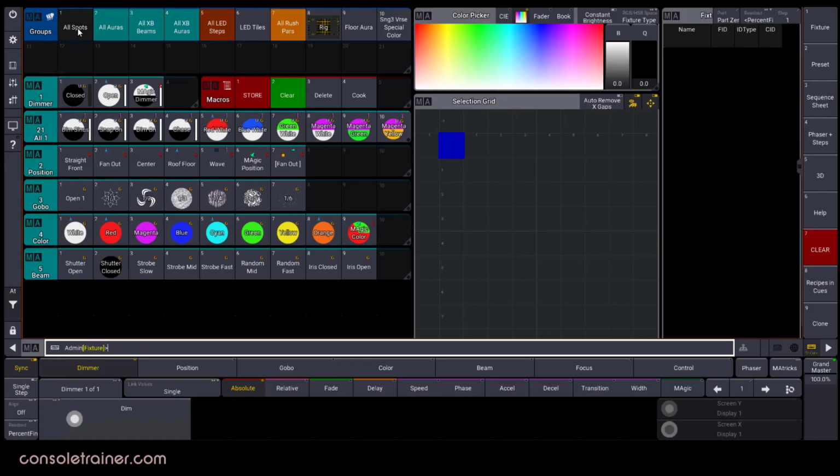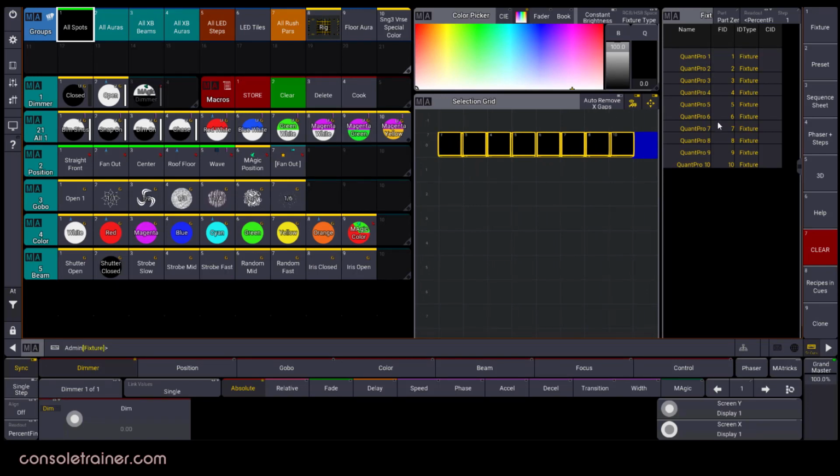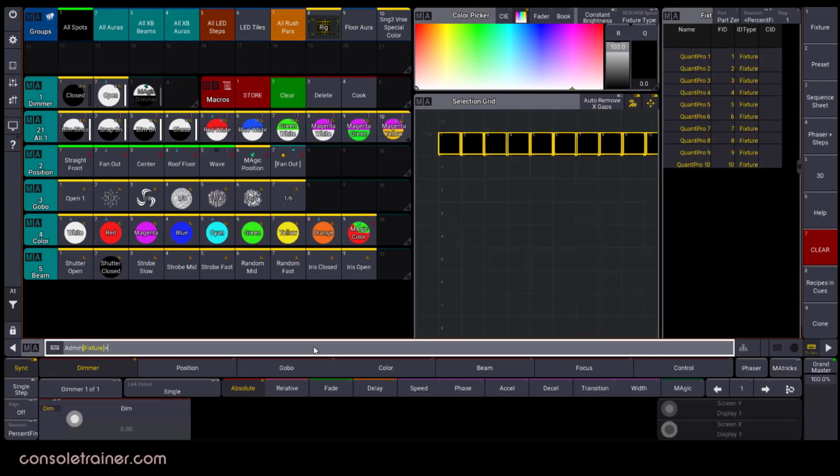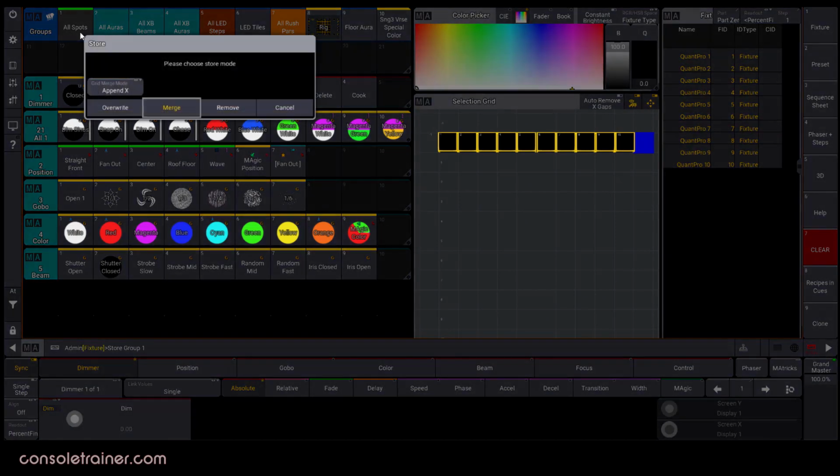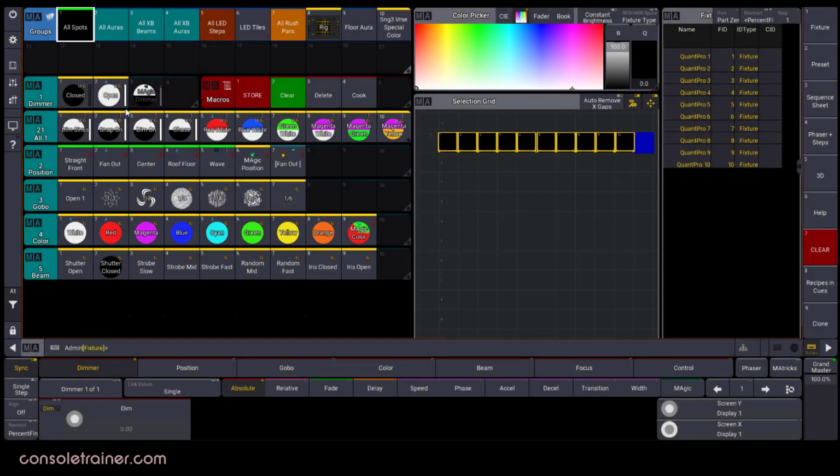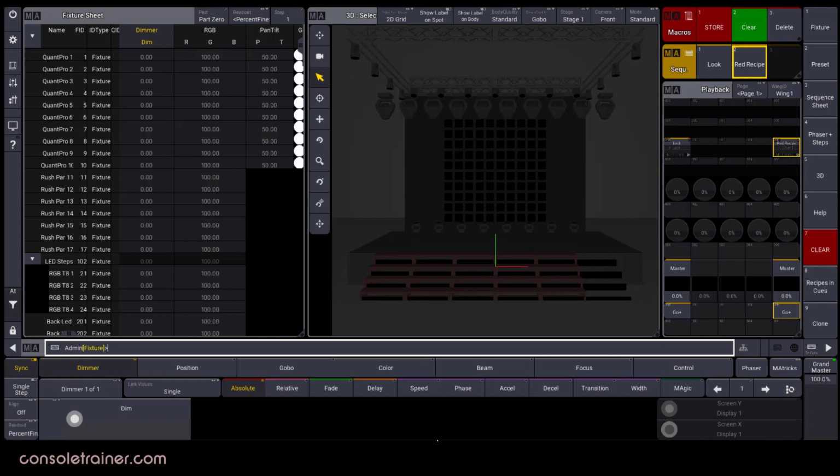Then take a look at our spot group. The 2 new fixtures are already added in, but in the grid, fixtures 1 and 2 are occupying the same space, and fixtures 9 and 10 are in the same spot, so I want to fix that as well. These grids affect how we select our fixtures and use our matrix and recipes, and speaking of recipes,